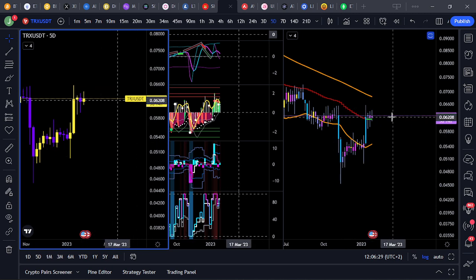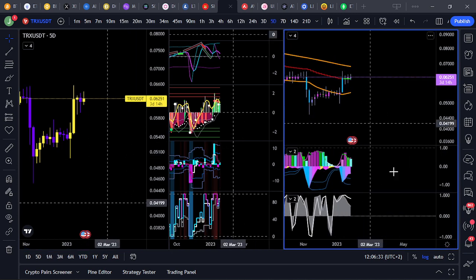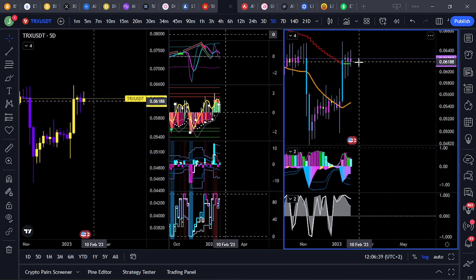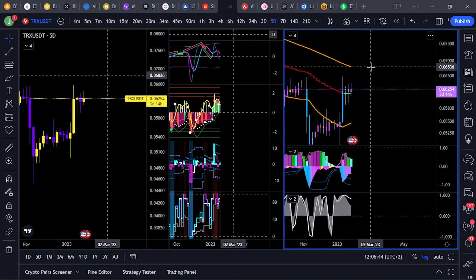TRX is above the mean, looking like BTC. A little bit more postured over here, better postured. Not in the volatility sake. So this is sideways action expected. Sideways action above the mean could be good for longer term breakout to the upside, and that could be